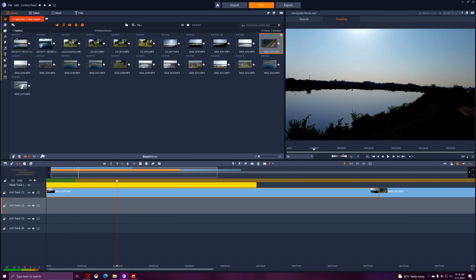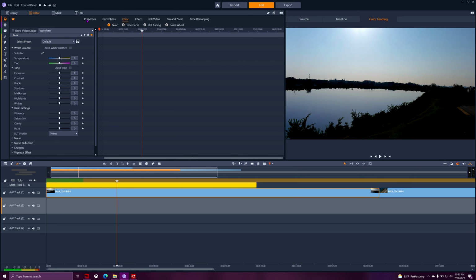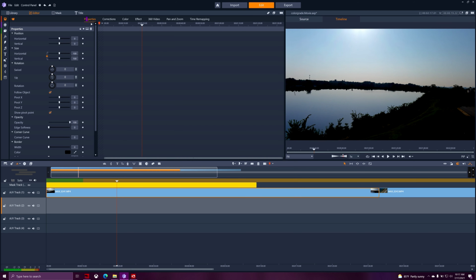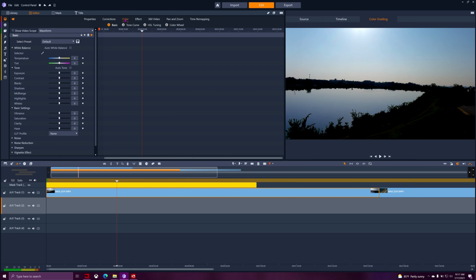We're going to go to the editor tab here, open up the editing processes, which has a bunch of stuff we can do. You can do the normal where you could go ahead and change the size and position of the video, certain corrections for aspect ratio and such, but we're going to go into the color grading section, which is actually the main editing section of the software, which will allow us to change exposure, vibrance, saturation, and all such, and also